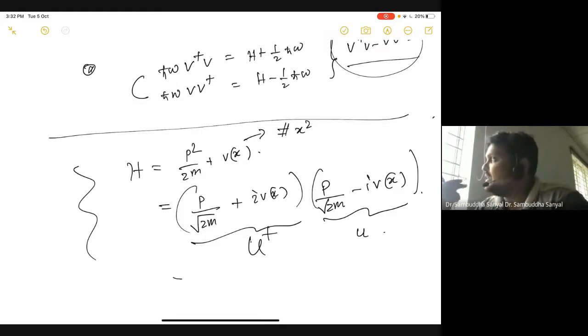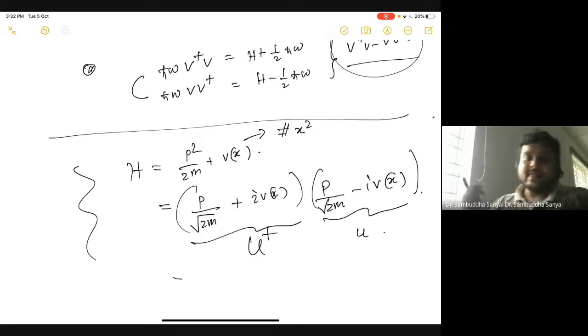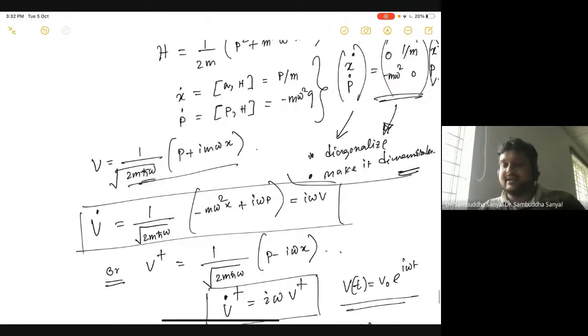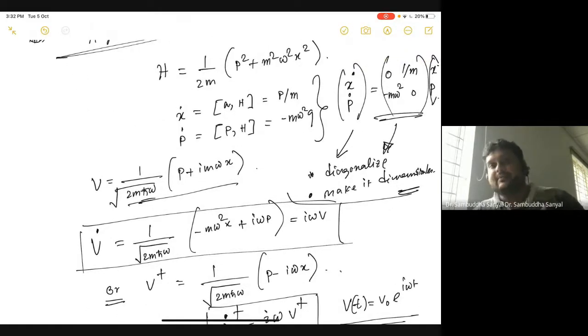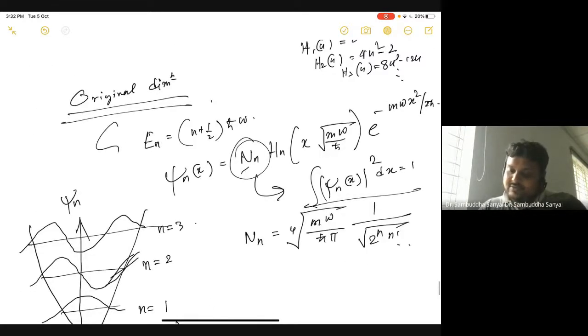It leads to a very interesting structure in the theory called supersymmetry, where you do that for many other general potentials. All those things we can learn and discuss later, but it is just an extension of this idea, which is particularly suitable for the harmonic oscillator. I just gave you a glimpse of how the idea came into being and how it might be useful. And tomorrow we'll apply this full machinery to land on the same solution which we got by the series solution method. That is all for today.